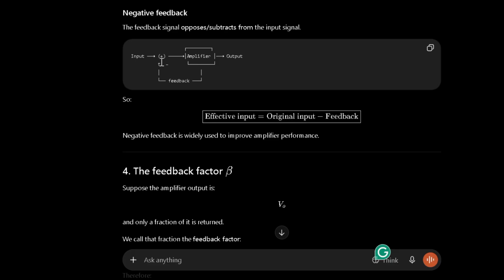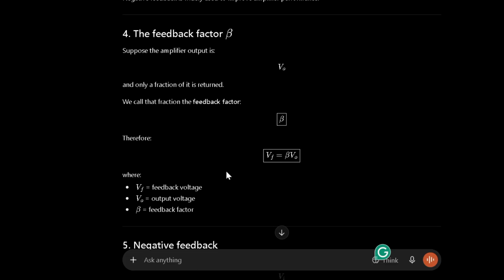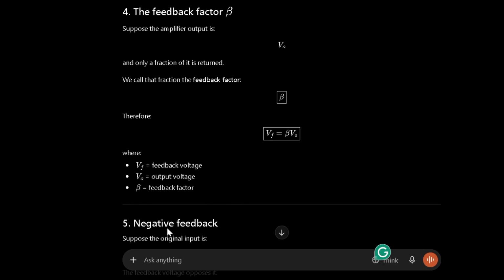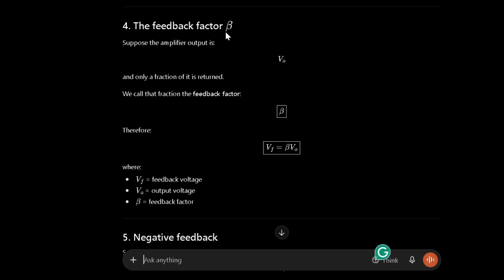The feedback factor beta. Suppose the amplifier output is V0 and only a fraction of it is returned. We call that fraction the feedback factor. Therefore, Vf equals beta times V0, where Vf is the feedback voltage, V0 is the output voltage, and beta is the feedback factor. I think we have seen this somewhere. Negative feedback. Suppose the original output